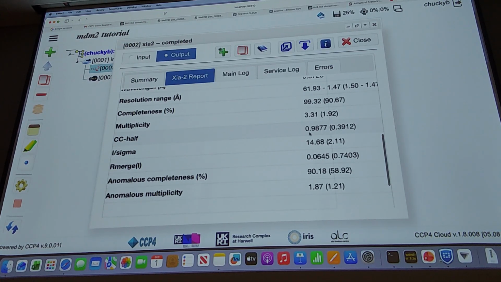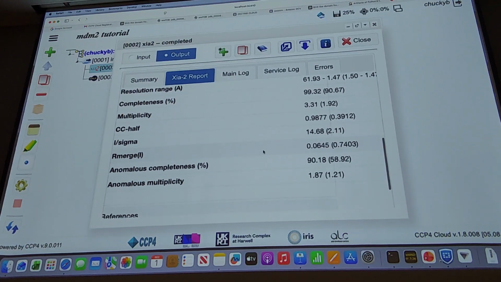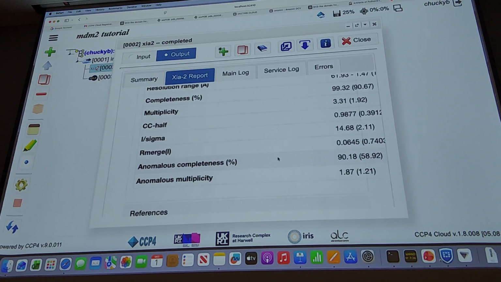And you'll see it's very good correlation and even pretty decent coming out of shell. Our multiplicity is good. We have good completeness. We're probably missing a bit towards the edge. Our merge is beginning to get a bit high in the outer shell. Okay, I might want to check